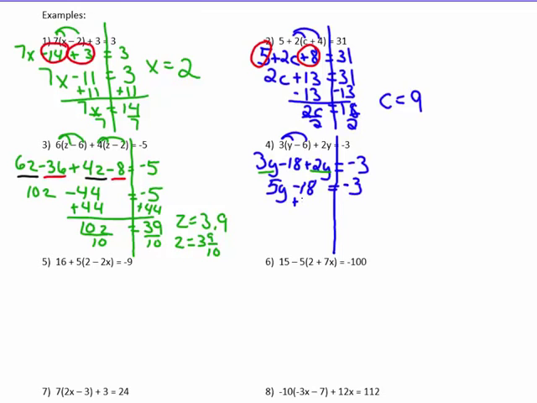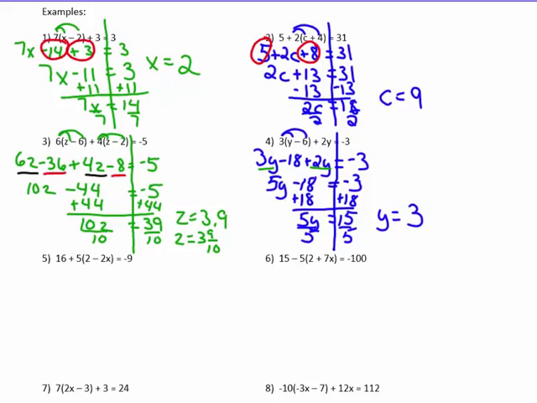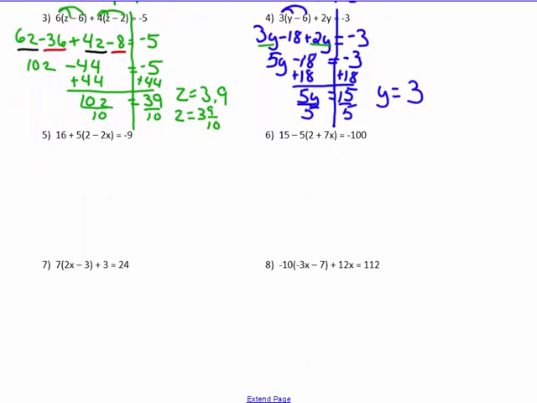Cancel your constant, so I have to add 18 to both sides. So 5y gives me 15. Cancel my coefficient by dividing, so y is equal to 3. All right, I'm going to do 2 more, and then we're going to save the last 2 for you to try on your own. So for number 5,